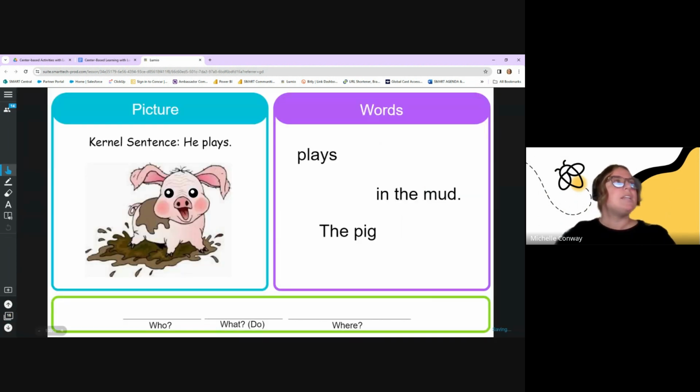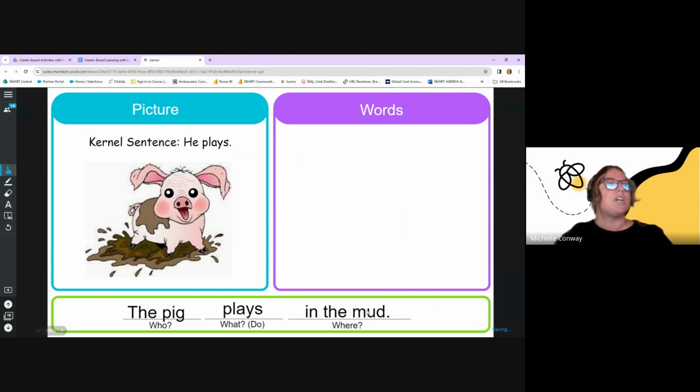Another example, again a very similar concept, is kernel sentences. He plays. Maybe you have several of these ready for your students that they can drag and drop and work together to complete. So maybe you duplicated this and you have another kernel sentence for them, another kernel sentence, and they go through and complete each one of these. Maybe you even add another layer to this. Maybe you have them draw the picture of the pig in the mud,